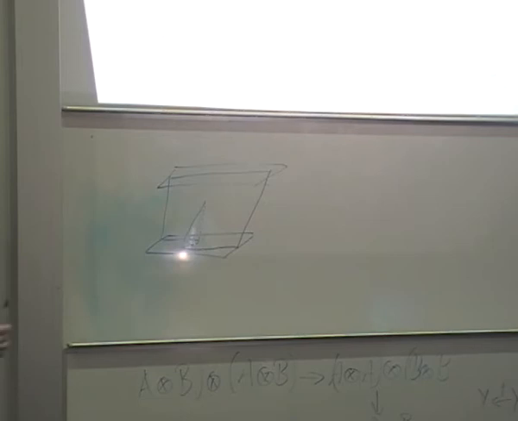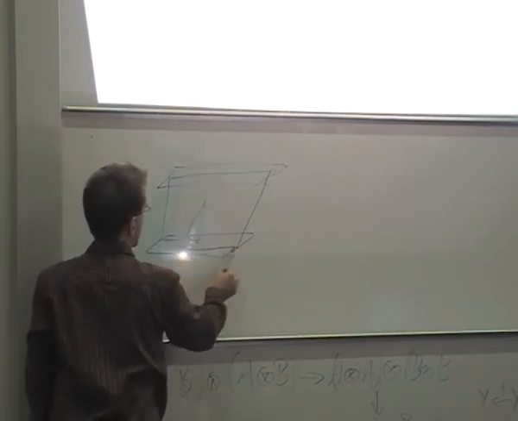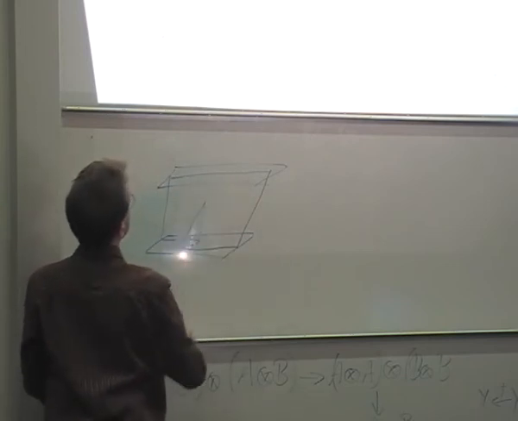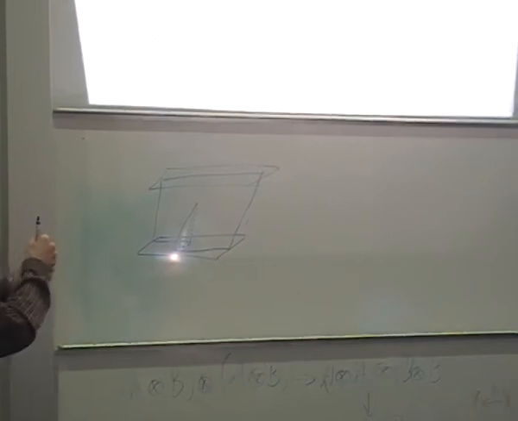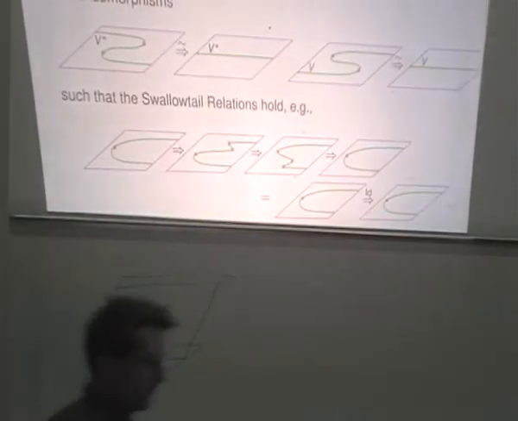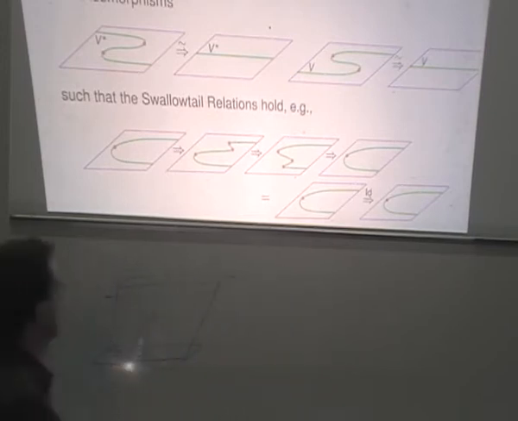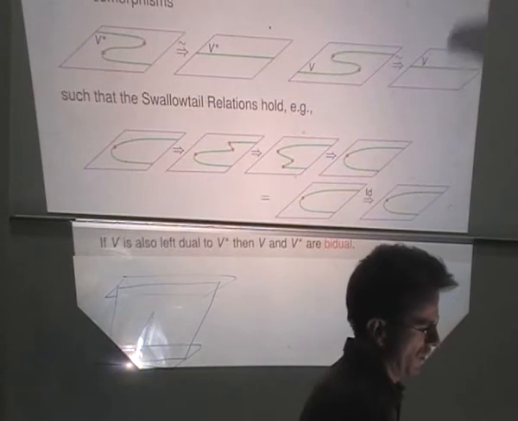Looking like that. So this surface is now supposed to represent a two-morphism between these one-morphisms, and you can interpret the swallowtail relation as cancelling out a certain fold, which I can leave you to think about. And so we also say that,